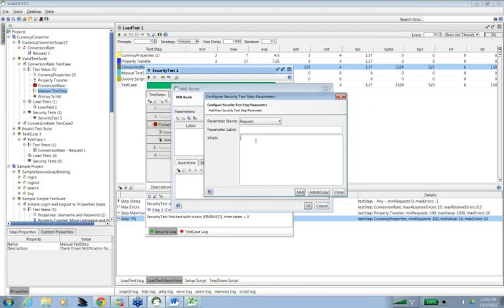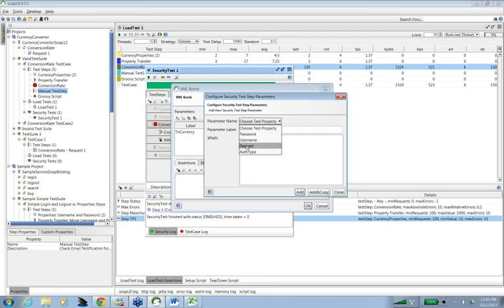Let's say I want the request to be toCurrency. So I'm using the parameter on which security has to be checked as toCurrency.